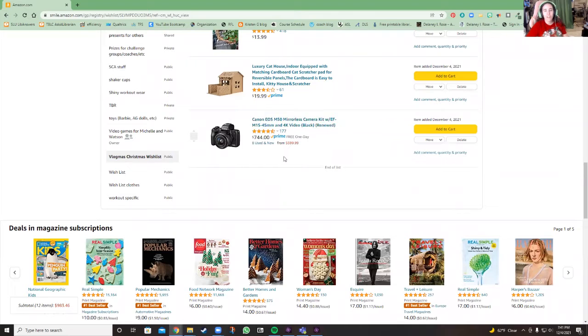So the big thing that I'd really like to get, not necessarily for Christmas, just something I'm hoping to get in the future for my YouTube channel, is a Canon M50. This particular one is renewed and, you know, I'm not picky. There's so many different bundles and kits and I don't know which one is the dream one. I want this camera, so it's something I plan on saving up for. But if I get it as a gift before then, that would be cool. Not asking for it really, just this is a wish list of things I want at some point